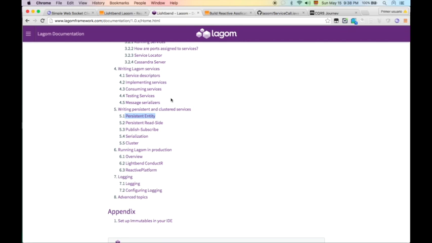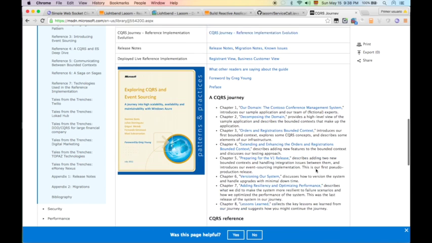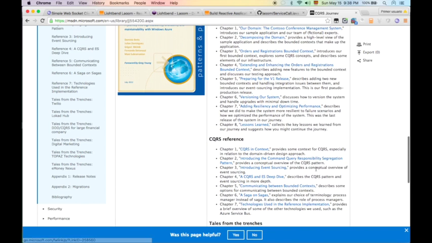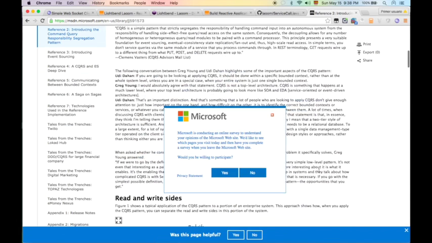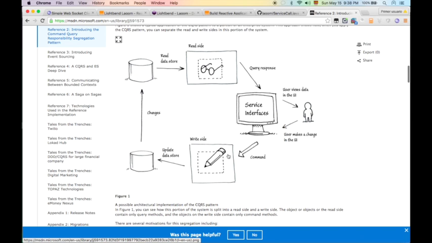And what is this thing, persistent read side? It has a lot to do with the CQRS. So let me show you the illustration. I think there's a nice diagram here. Okay. So in the Hello World example, we have only covered this part,